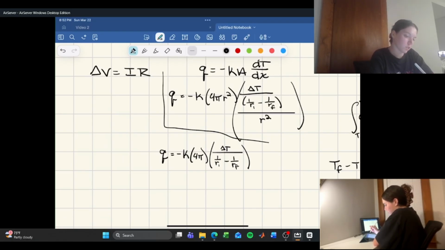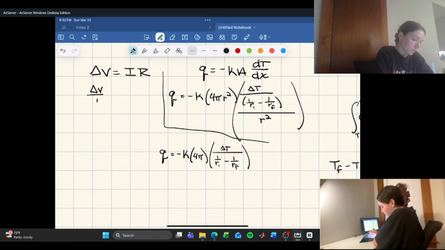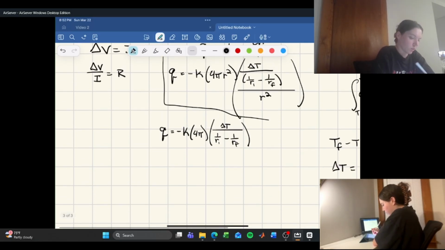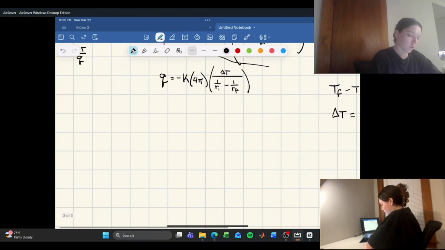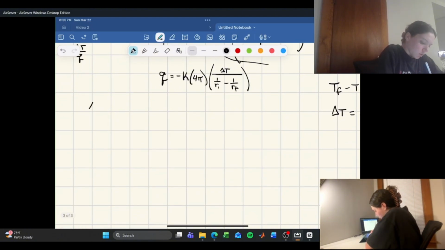So to find the resistance, we can rewrite this over here like this, where the resistance is going to be equal to the change in voltage over the current. And so we're going to do the same thing over here. We eventually want the change in temperature to be over the heat flux. So we're going to have that the change in temperature is equal to the heat flux times